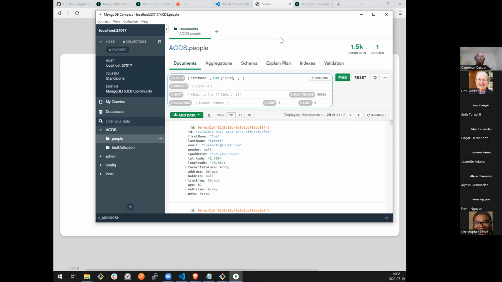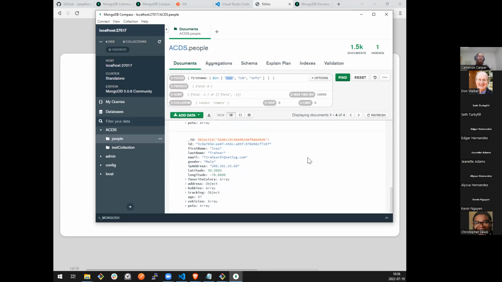So we'll go back to our guy Ives because we know he's around. I see the first name of Cobb shortly below us, and let's just choose one more at random. Let's use Jeffy. So just because I remember that I know there are two people in this database named Ives, I know we're going to get 2 records for that name, and I know there's one for Cobb and one for Jeffy. So we're going to get a minimum of 4 records, but we may have more instances of Cobb and Jeffy. We'll just have to find out when we execute it. Apparently not. We have 1 Cobb, 1 Jeffy, and 2 Ives.